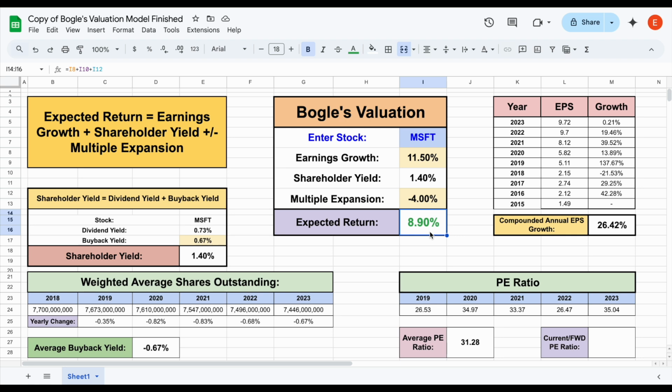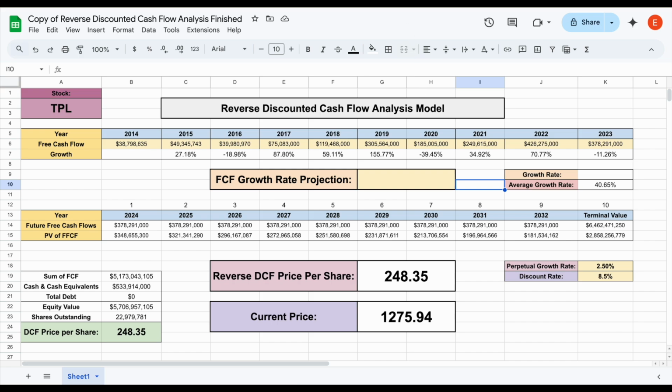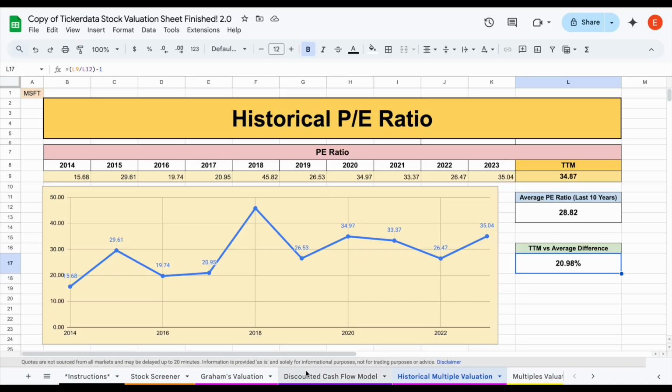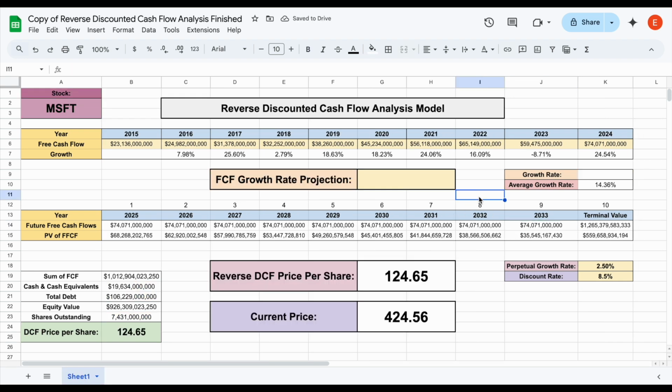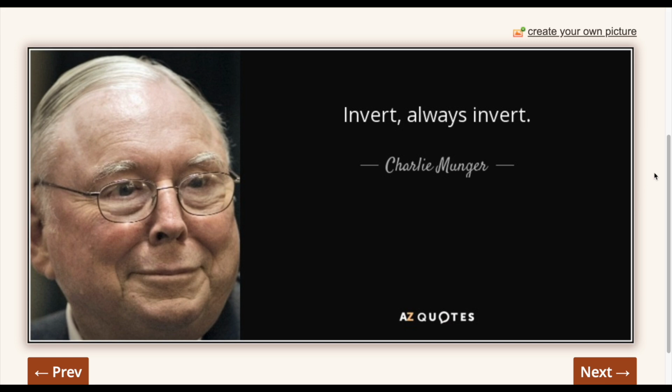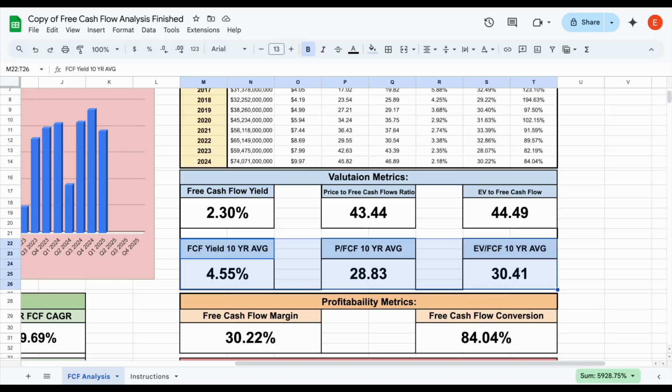And the last valuation is actually going to be what's known as a reverse discounted cash flow analysis. So just like earlier, we looked at a discounted cash flow analysis and we valued the stock based on how much free cash flow we expected them to produce in the future. Well, in this scenario, we're kind of doing the opposite. And this is actually something that Warren Buffett's business partner, Charlie Munger, was a big fan of. One of the things Charlie Munger was known for was saying that you should always invert to get to your solution. Now, what does he mean by this?